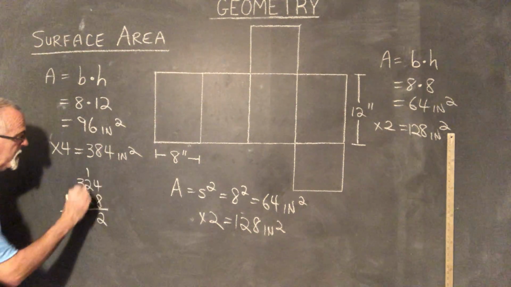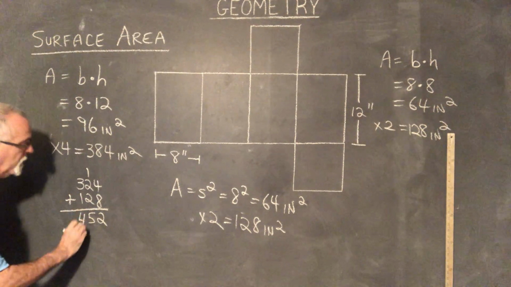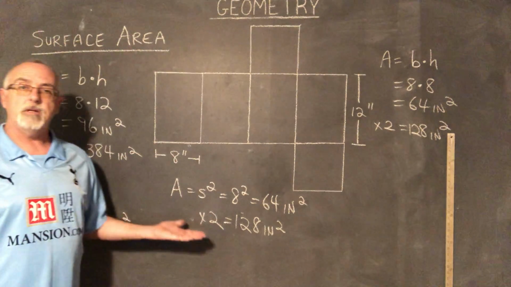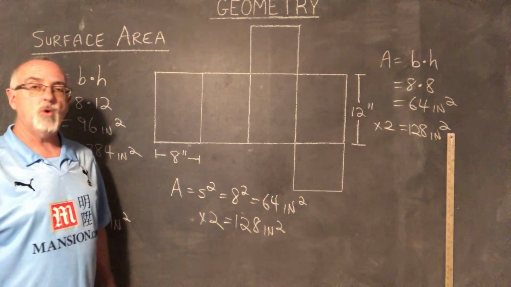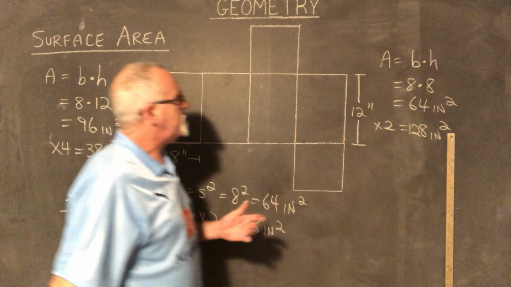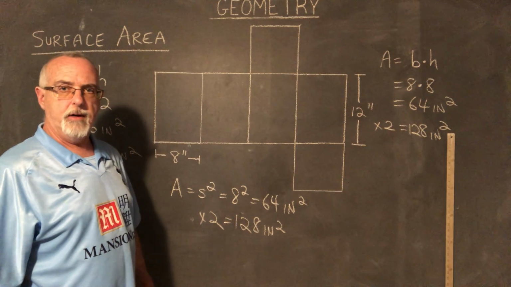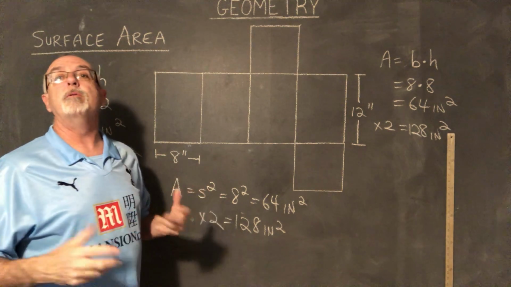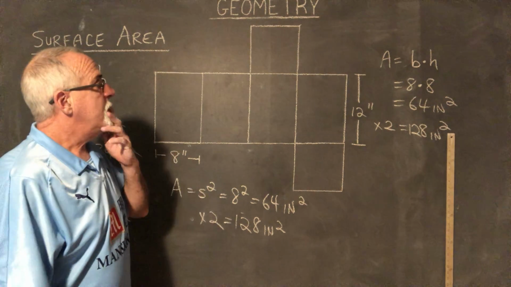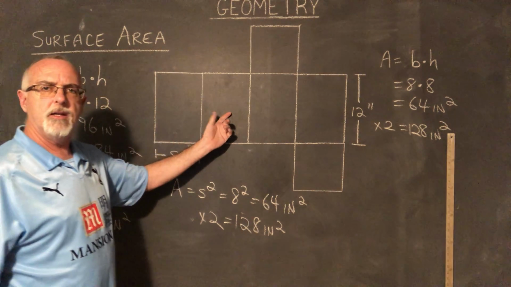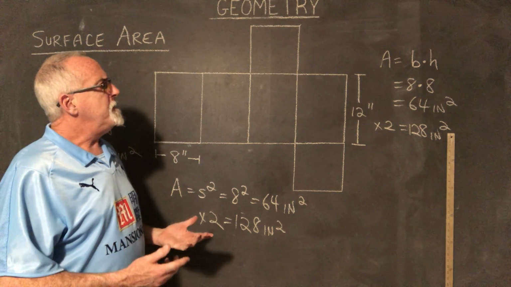2, carry the 1, 5, and 4. 452 square inches is the surface area of this box. That's cool. Now, we can do this over and over again with different rectangular prisms. And I guess I didn't make the net drawing as challenging as I could have because of the